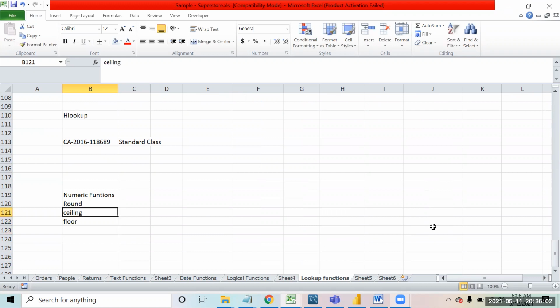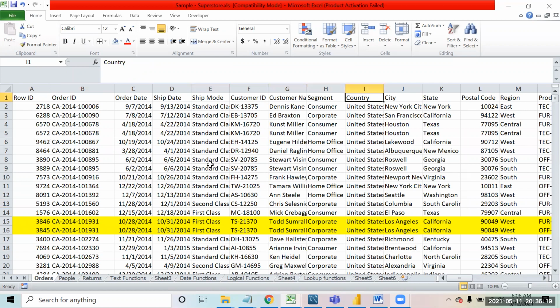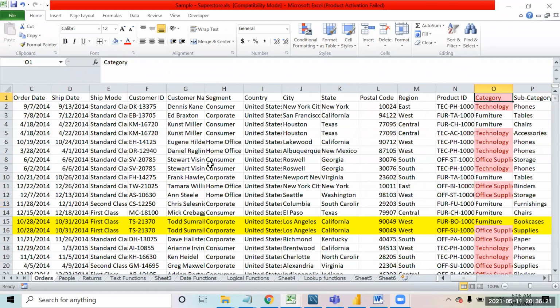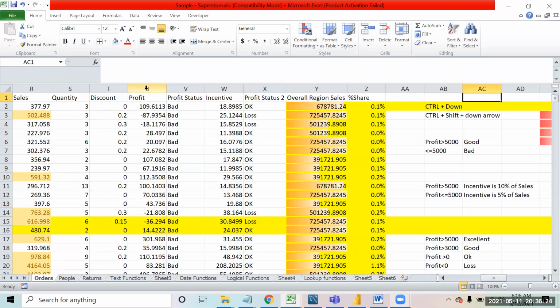Like sum, minimum, average, we have already discussed how we use it. So before I come to these functions, maybe I can discuss these first. See, round function is something that we use for rounding of the numbers. Like for example, if I come over here, I have the sales values, right? We have the sales values with us. Now these sales values, let me copy it, and let's not copy all of them, just a couple of them.